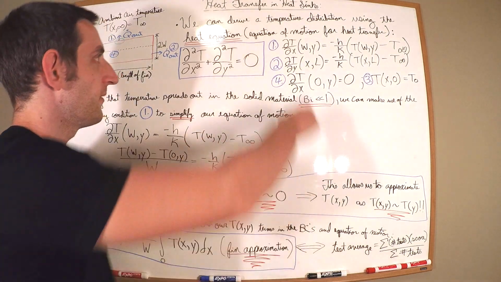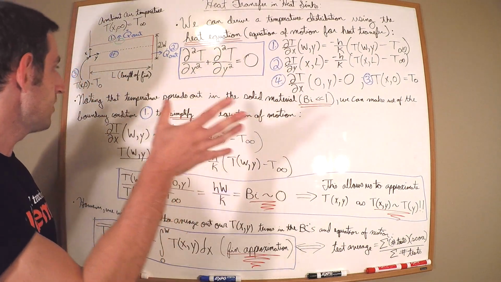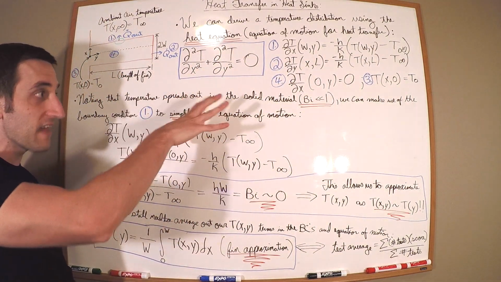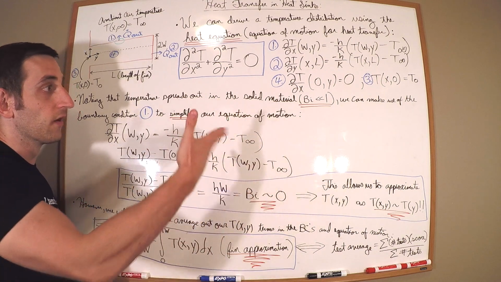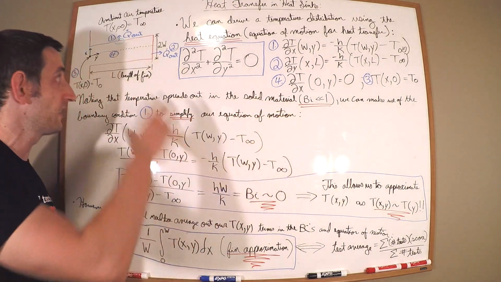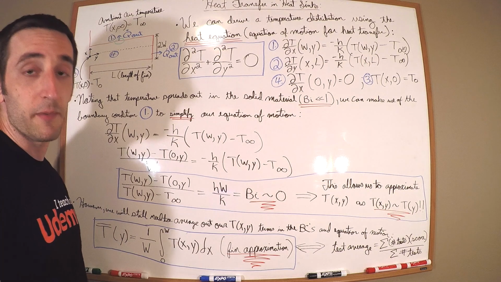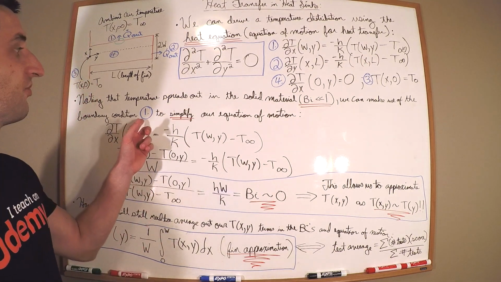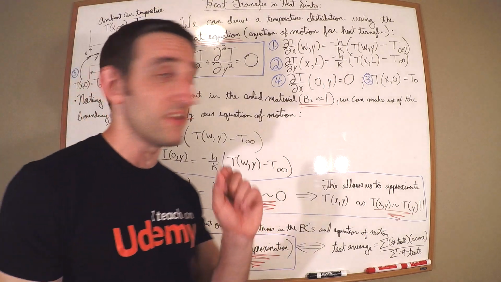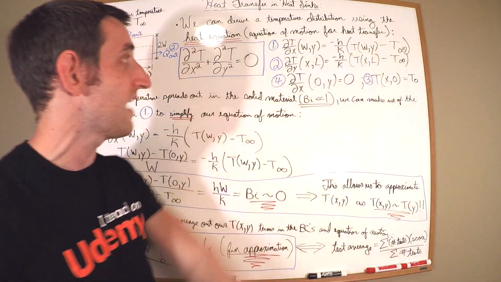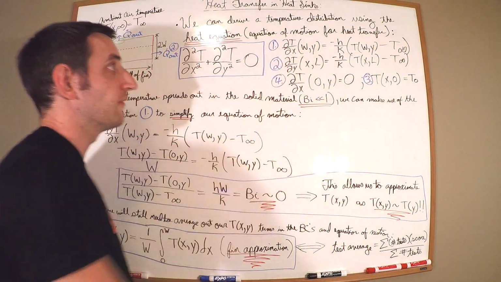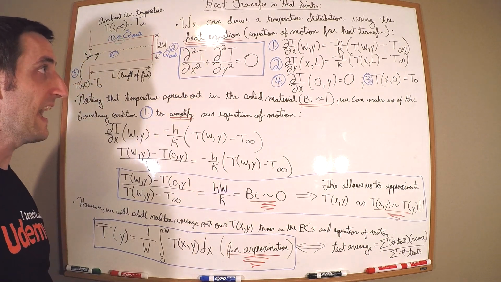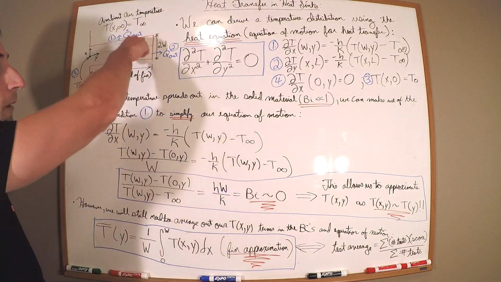Okay, so first and foremost, taking this, we can note that the temperature spreads out in the solid material, or in other words, the Biot number is very, very small, right? Due to the copper material, which is highly conductive, it's going to spread out. We can make use of boundary condition 1 to simplify our equation of motion. So boundary condition 1 states that the derivative with respect to x at x equals w, basically up here, is